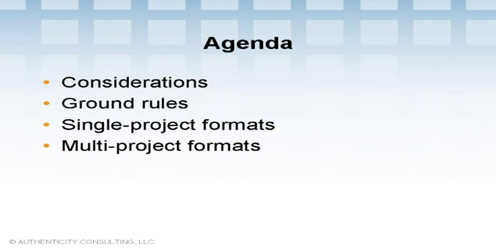In earlier presentations, we described the action learning process and the programs in which the process occurs. Now, we'll deepen your understanding even more by depicting some typical formats of action learning programs and the meetings that occur within them. First, though, we'll mention certain considerations that influence the final format of a program. We'll also mention some ground rules that might be used in a meeting. Then, we'll look at a sample format for a single project program and compare it to the format of a